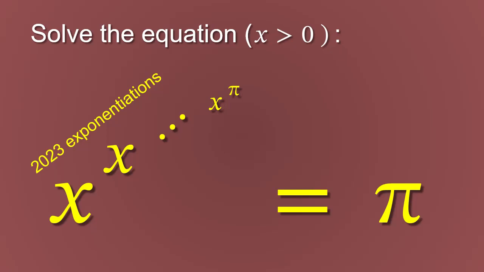Remember that in a power tower without brackets, the topmost operation is performed first. In this case, we first raise x to the power of pi, then keep moving down until we reach the bottom x and do the last exponentiation. As you've probably guessed, the number of exponentiations is not really essential, while instead of pi, actually I've already told you too much. Please pause the video and try to solve the problem on your own.